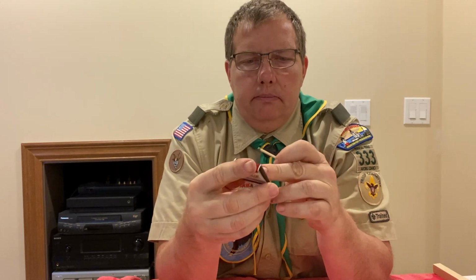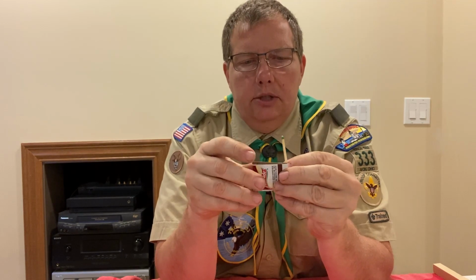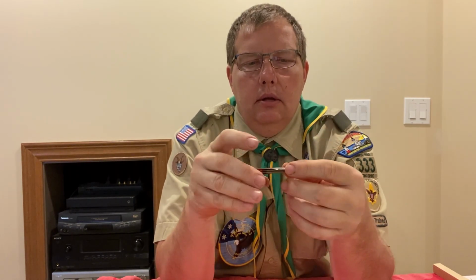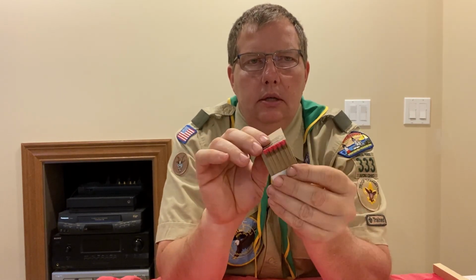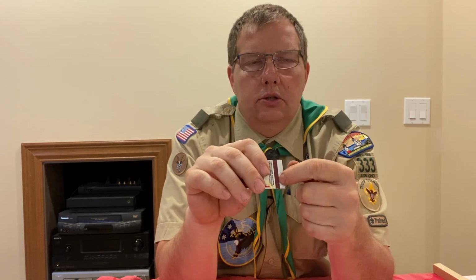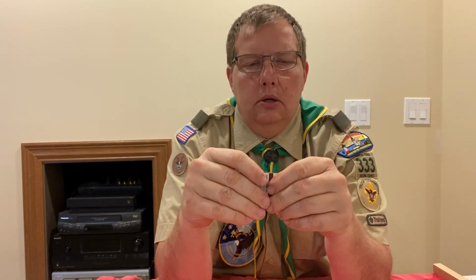Good and bad about them? Well, they're very small, they're very tiny, they're very reliable, but especially with your paper matches, if they get wet, they're no good. Even drying them out, not good. They require this little strip to ignite because there are two chemical compounds. One is on the red head of the match, the other is on the strike surface on the packet. And the two need to combine to create